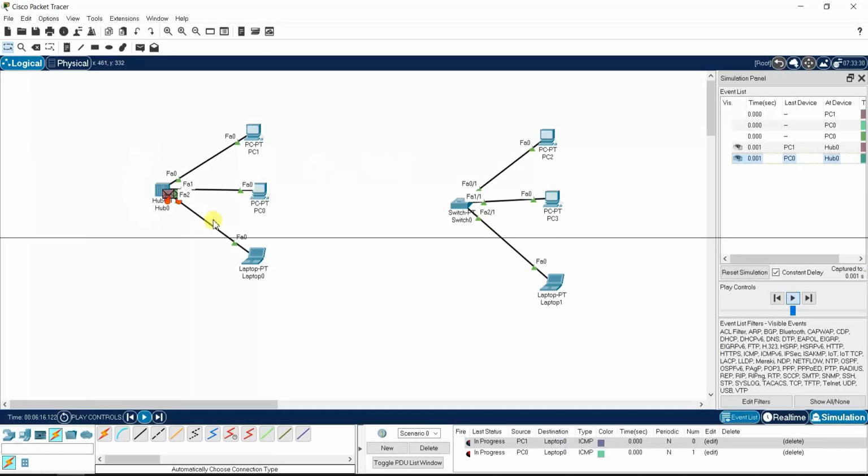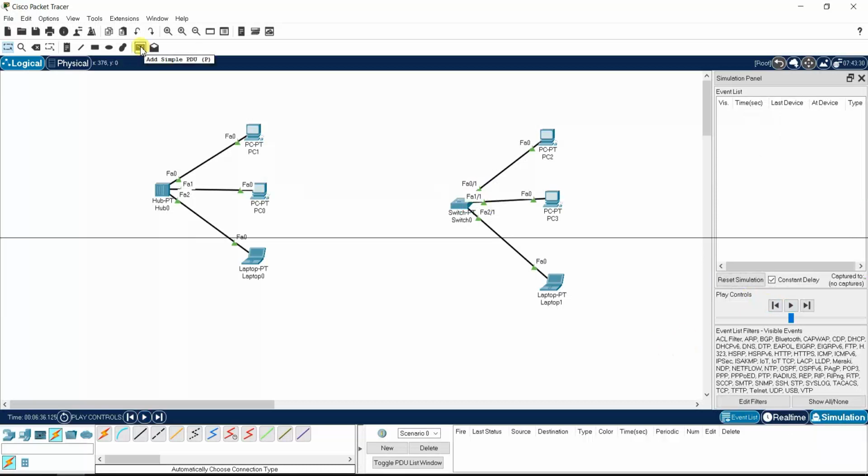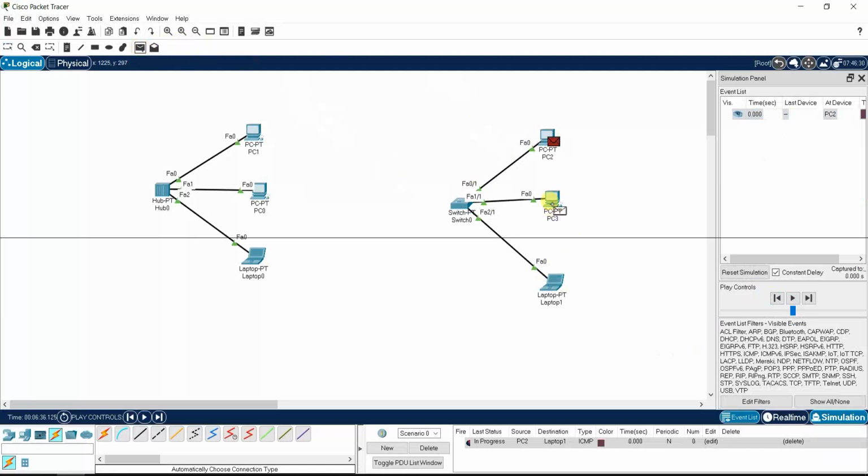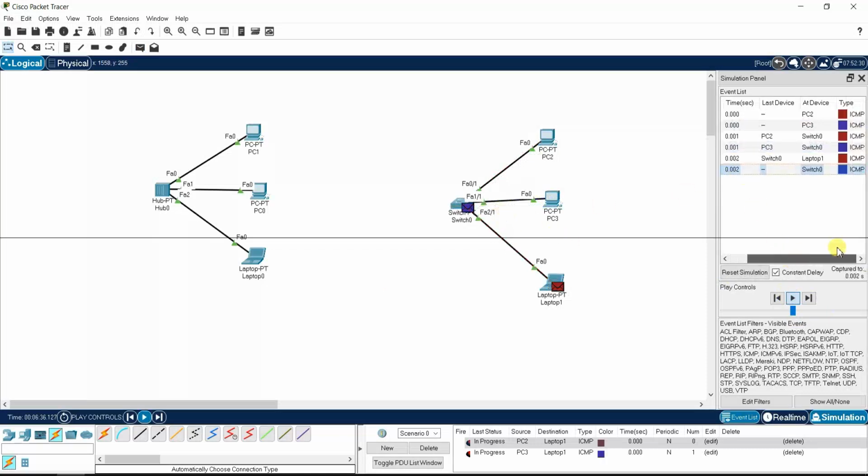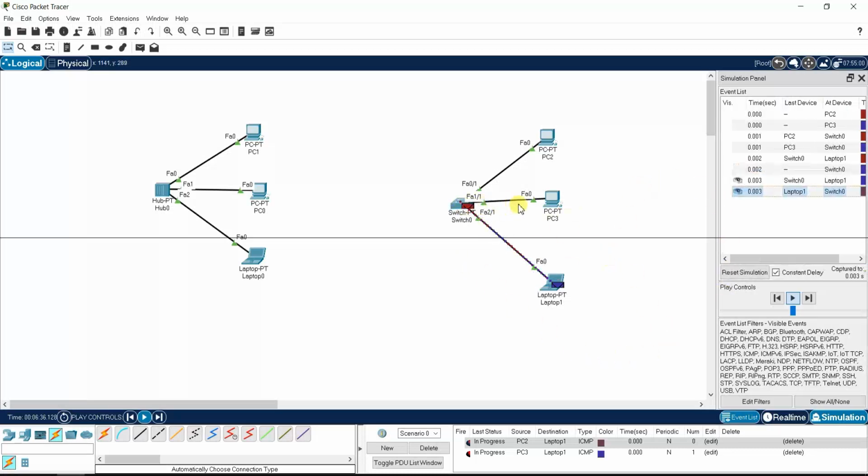You can see the fire symbol, so the collision is detected. The collision happens here, whereas in the switch there is no collision detected and the packet is sent to the destination.